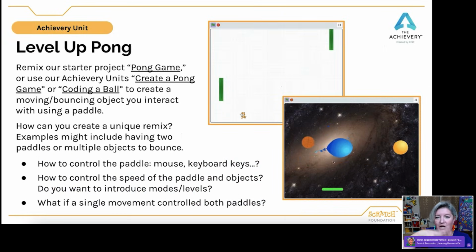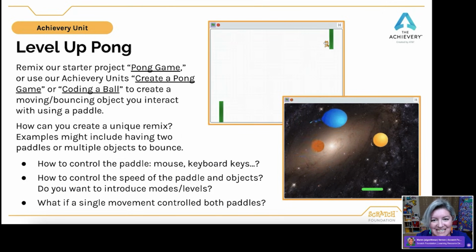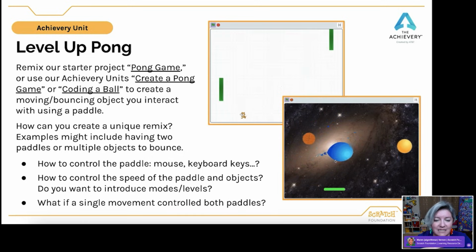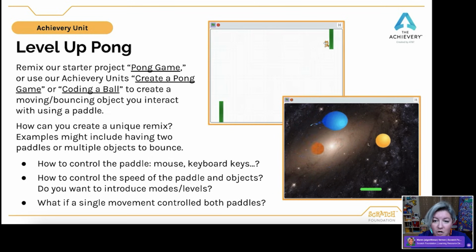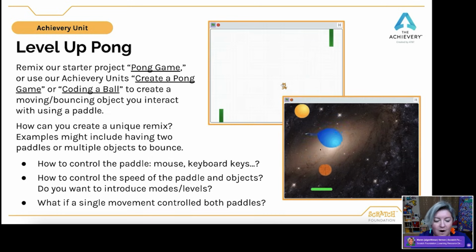Speaking of trying things out and getting inspired by experiments, like my weird little experiment there with position and size, when we were playing around with some of our interactive tutorials recently, two of my fellow Scratch team members shared some remixes of our Pong starter project that they were inspired to make. One of them used two paddles, one of them used multiple bouncing objects, and I thought that they were really fun examples of unique remixes of the standard Pong game that a lot of people have known and tried through our starter project and our interactive tutorials.